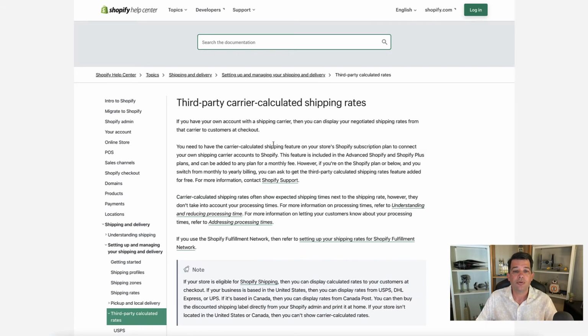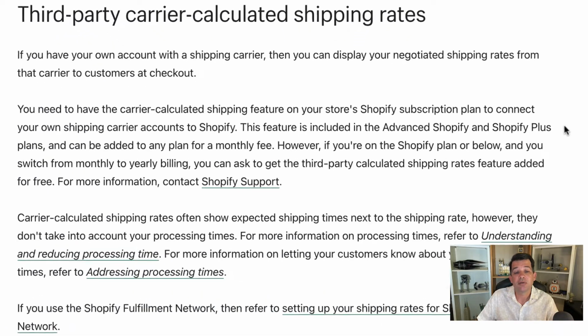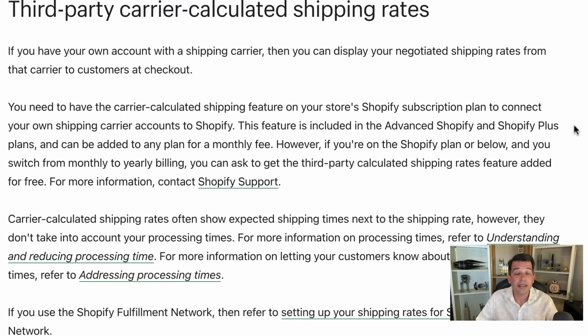As you're going through that process, you may be blocked, and it may tell you here you need to have an advanced Shopify or Shopify Plus plan in order to take advantage of the carrier calculated shipping rates. But if you go just a little bit further, you'll see if you're on the Shopify plan or the Shopify basic plan, which is the entry one, you can still access this if you move off the monthly billing to the annual billing.